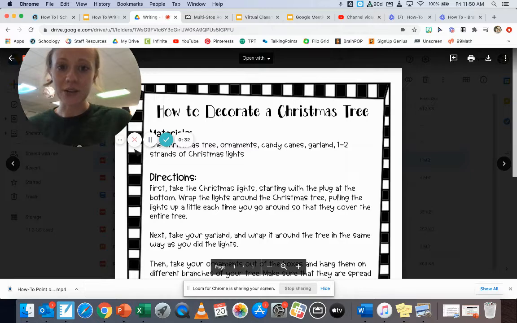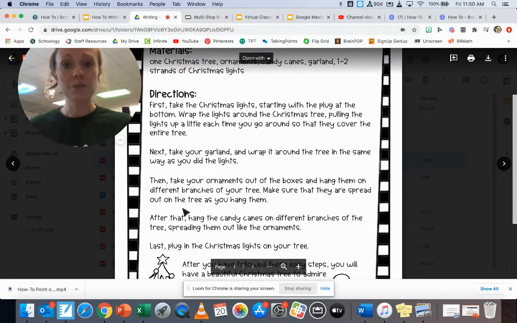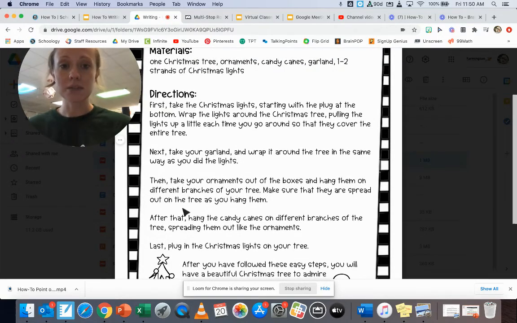How to decorate a Christmas tree. Materials: 1 Christmas tree, ornaments, candy canes, garland, 1 to 2 strands of Christmas lights. Directions: First, take the Christmas lights, start with the plug at the bottom. Wrap the lights around the tree, pulling the lights up a little each time you go around so that they cover the entire tree. Next, take your garland and wrap it around the tree in the same way as you